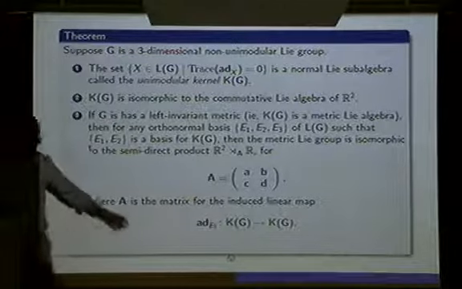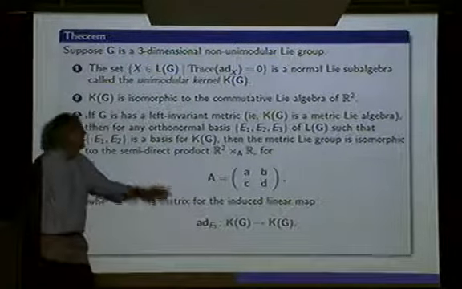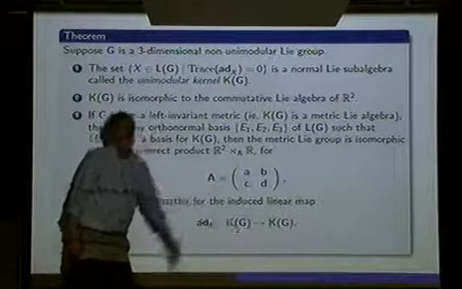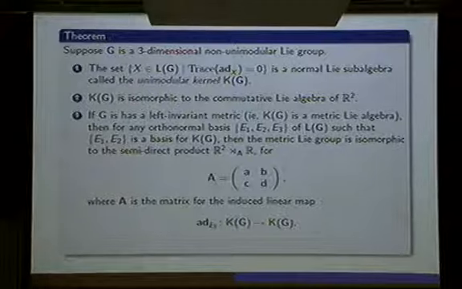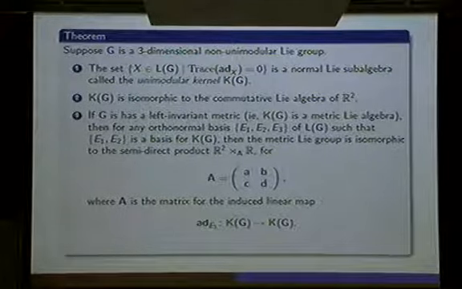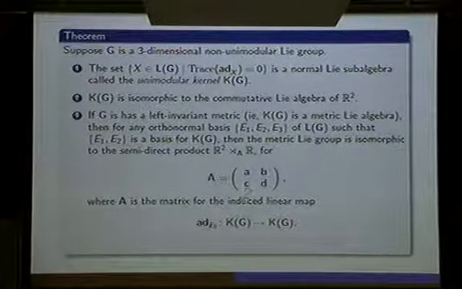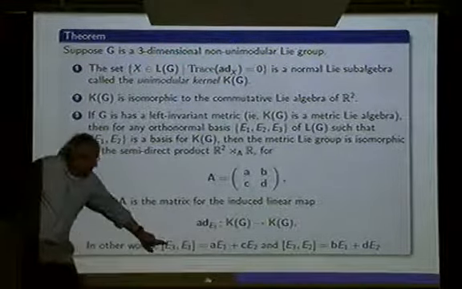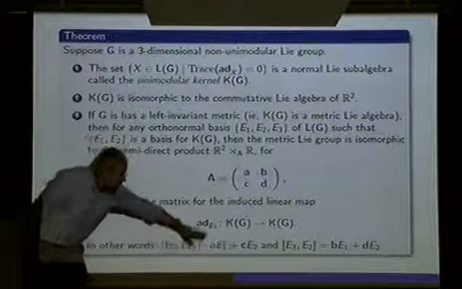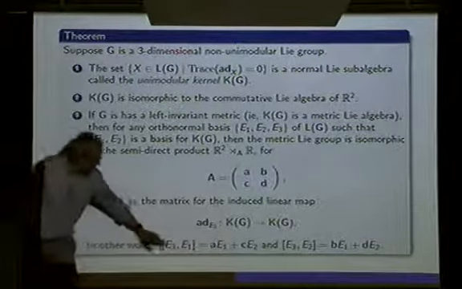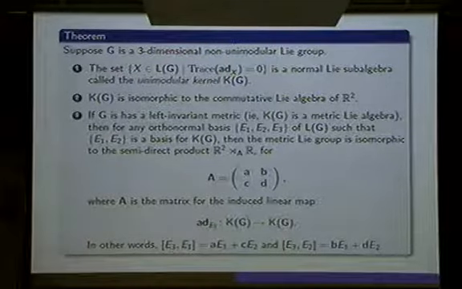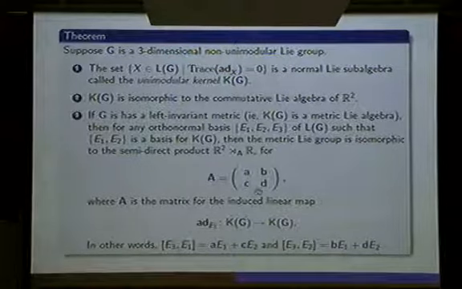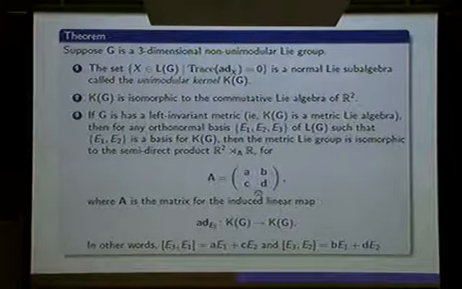So you do have to check, of course, that ad E3 generally takes LG into LG, but it takes the unimodular kernel into itself. So it induces a linear transformation on that subspace, and it has a matrix A. How do you get the matrix, of course, is you apply the linear transformation to the basis, you get the first column of the matrix, you apply it to the second element, and you get the second column of the matrix. So it's all very, very standard,